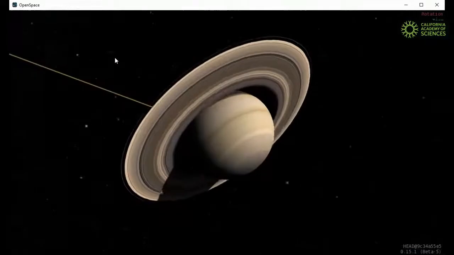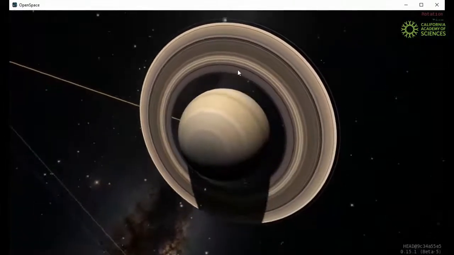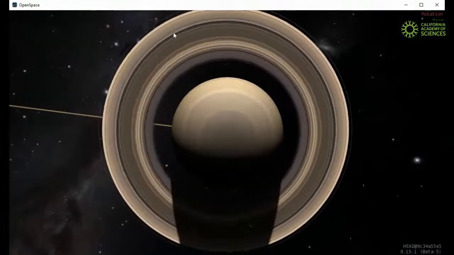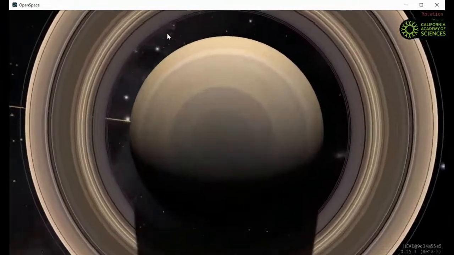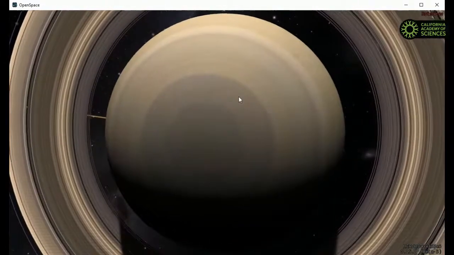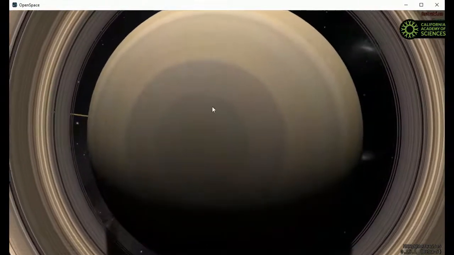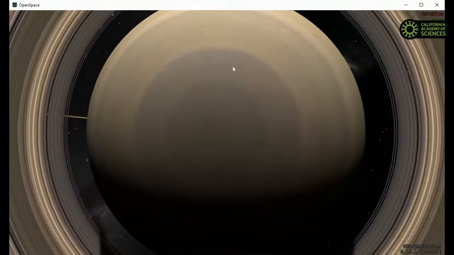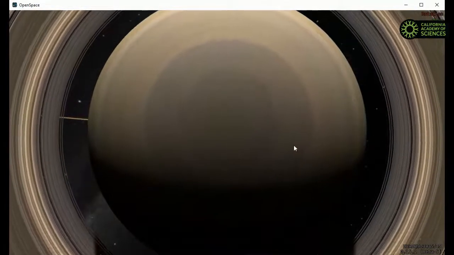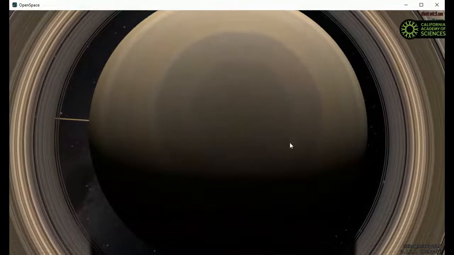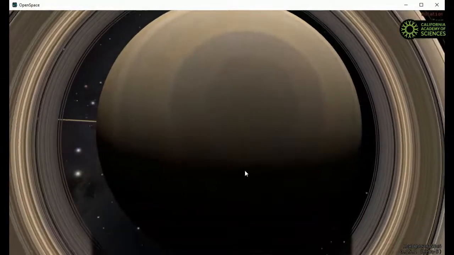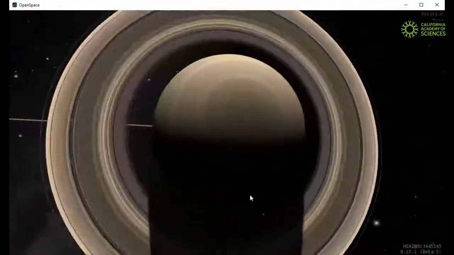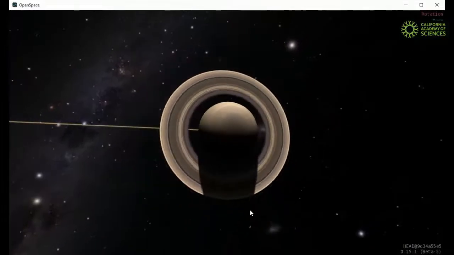Looking from over here, you can see Saturn's north pole and its distinctive hexagon. Last week, we had some people asking about this. It hasn't been in the news much, but is an absolutely beautiful thing. You can see this kind of geometric shape on the north pole of Saturn. Really cool to see, and there are some great photos taken by Cassini during the course of its mission. Now, backing up from there,